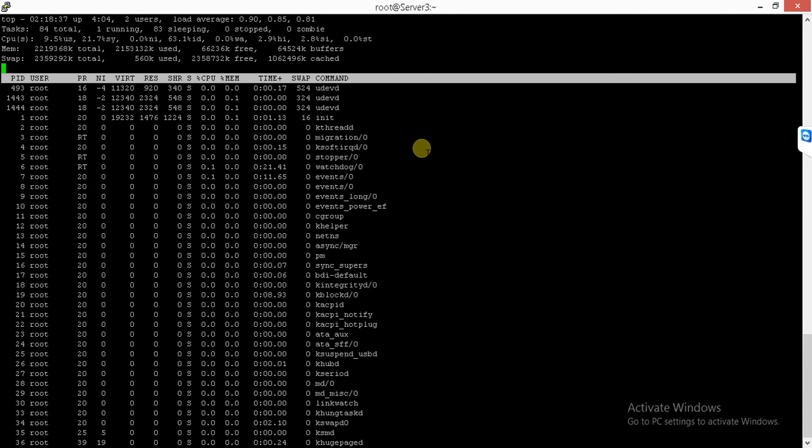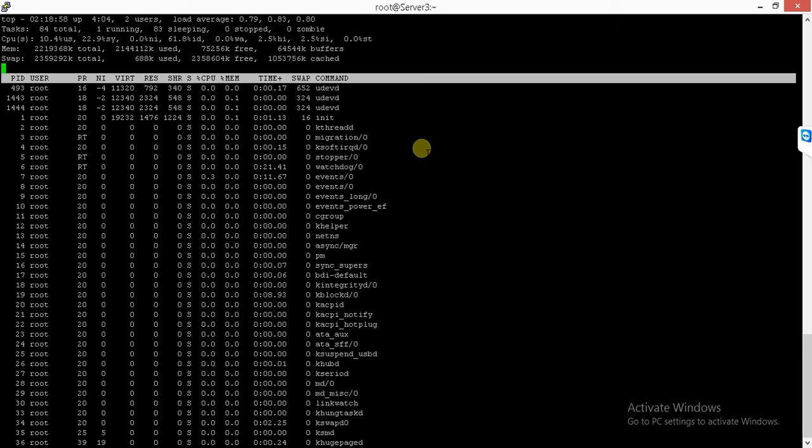After pressing enter, you will see which process is consuming more swap. So it's given here: udev, init, and these are the processes which are consuming more swap in my system.